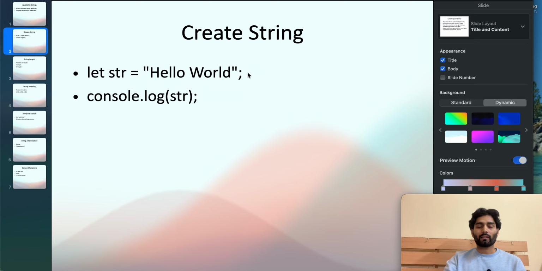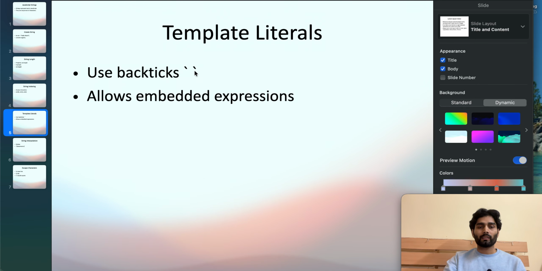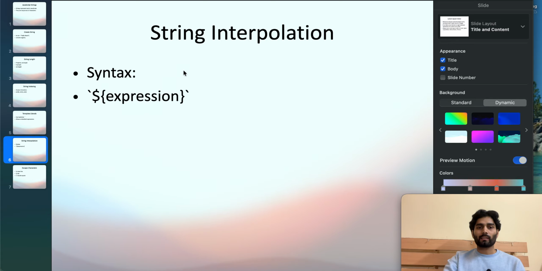If we have written something else after a comma in brackets, like JavaScript, then the first will be at string index 0 and JavaScript will be at string index 1. So this is another method, and this is a way to write strings in a compact way. I will show you on VS Code practically, so don't worry about that for now. And this is the syntax for interpolation,